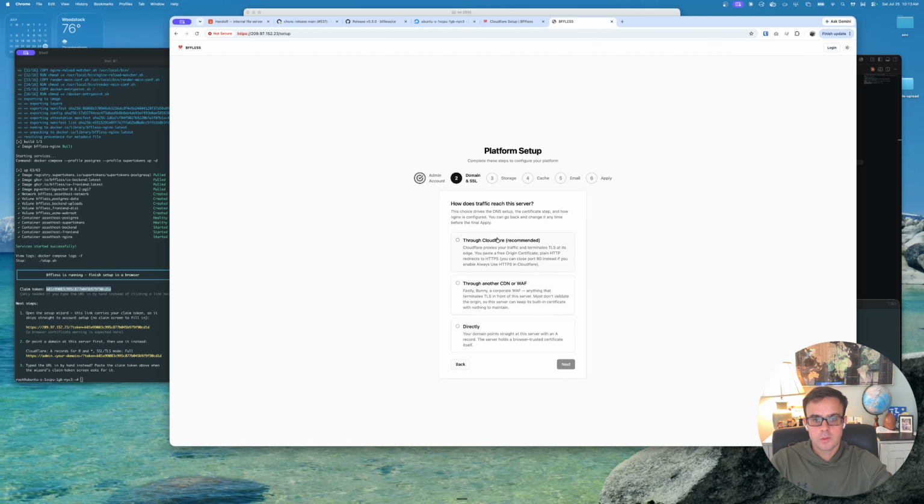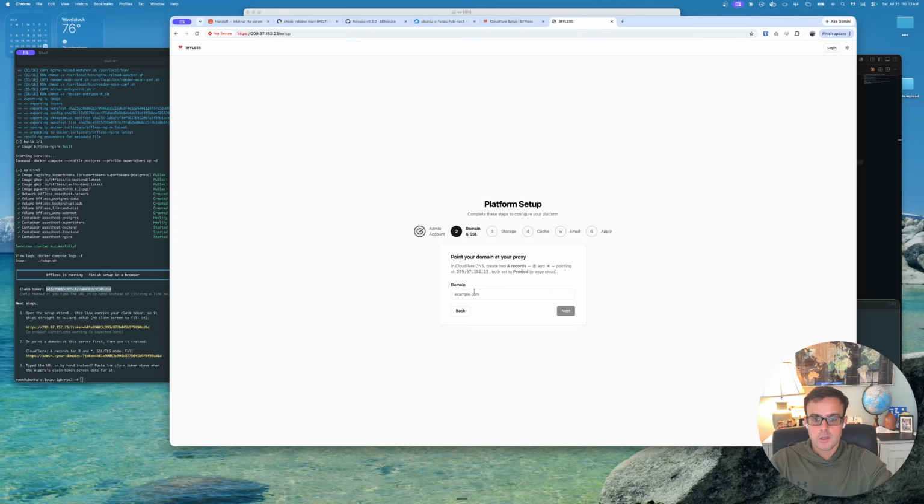And now we're going to select Cloudflare. We could select another CDN such as Bunny or directly to the server and use our own certificate through Let's Encrypt. That will work. It's secure. However, it's much better to have a CDN with a WAF in front. And Cloudflare is free. So now go ahead and grab the IP address